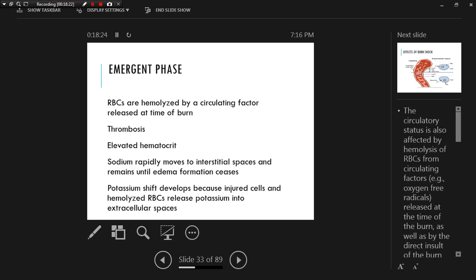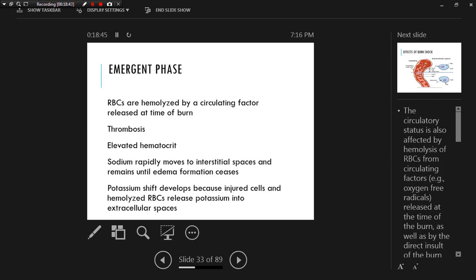Something else that we're also going to see is that these patients are going to have an elevated hematocrit. It's going to be a relative rise, because the fluids have left the vascular space. So the plasma's left the vascular space, so we've got a rise in the RBC. So we're going to see an increase in hemoglobin and hematocrit, but it's going to be a relative, because we're